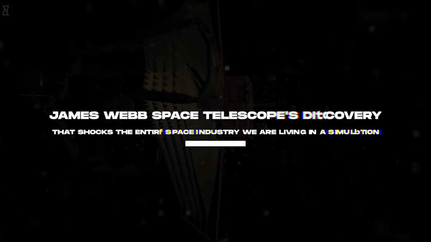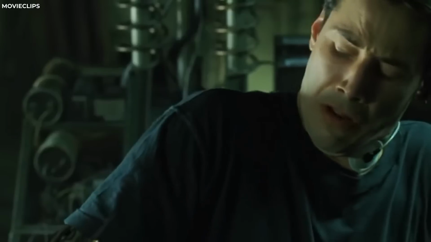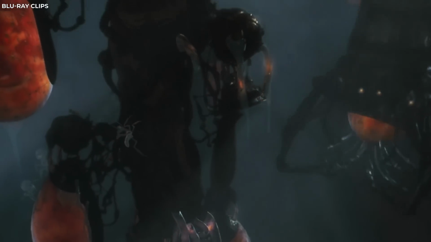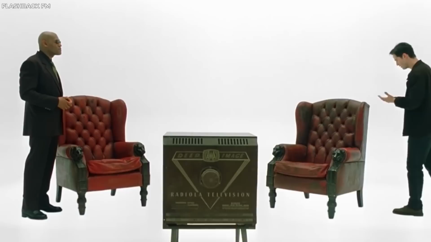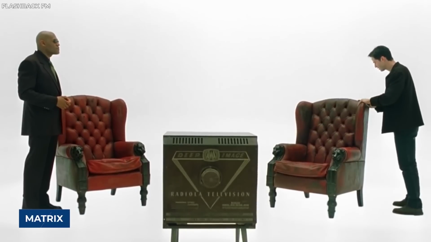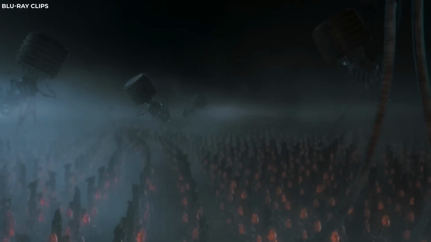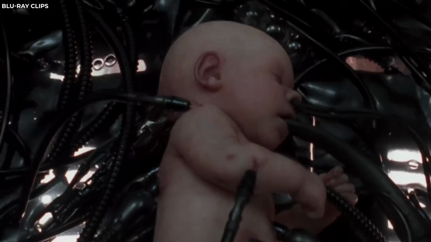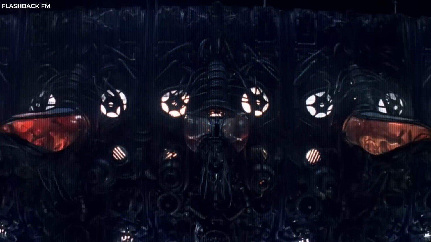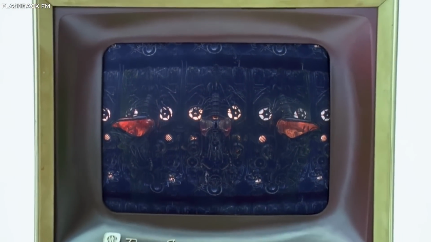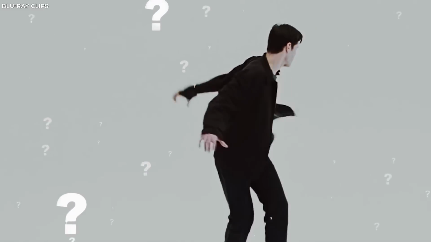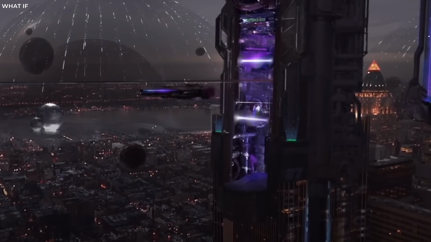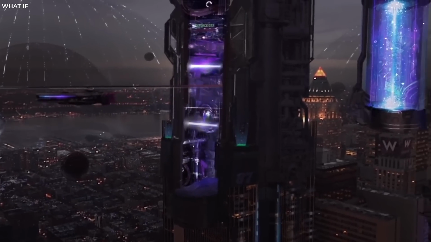We are living in a simulation. Have you seen the Matrix movies? The films depict a dystopian future where humans are enslaved by machines and live in a virtual reality called the Matrix. The movie suggests that we live in a simulation by showing that the Matrix can be manipulated by hackers, glitches, and anomalies, and that some people can escape it and see the true reality. This raises the question of what is real and what is not. It also raises the question of how to determine what is real and what is not.